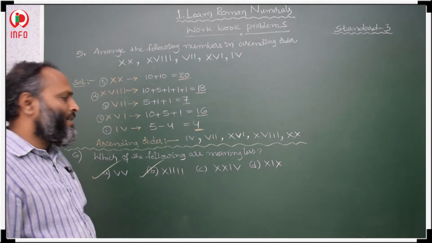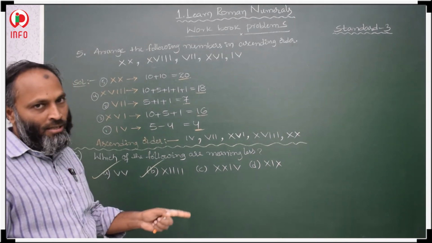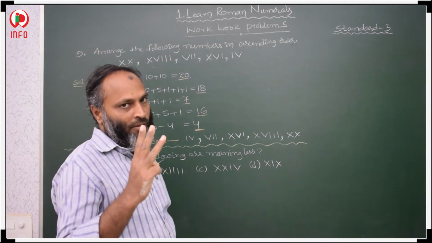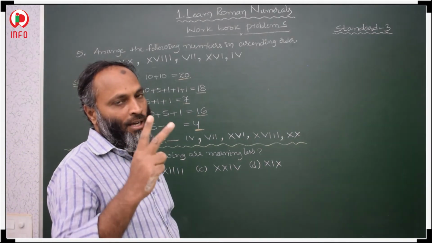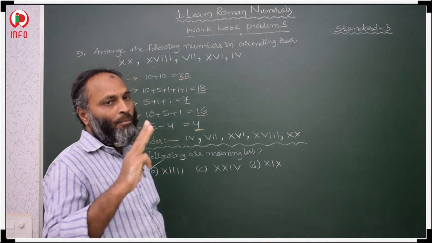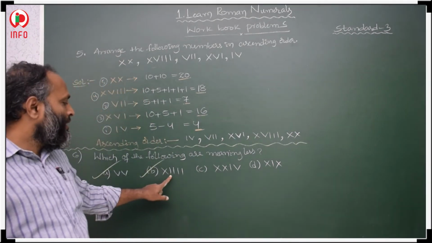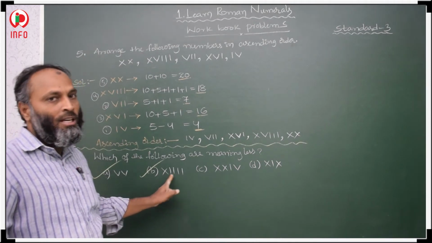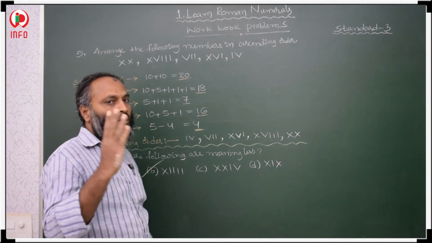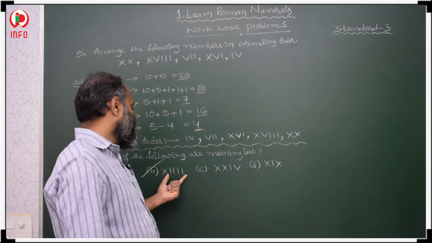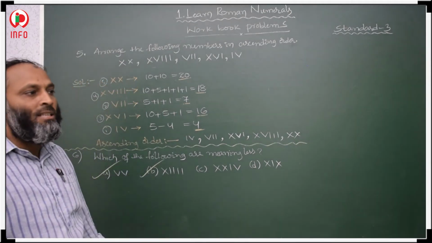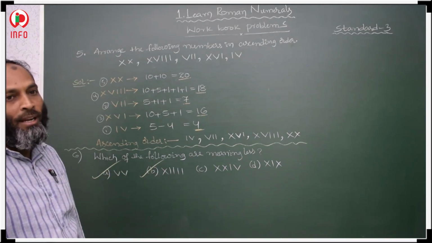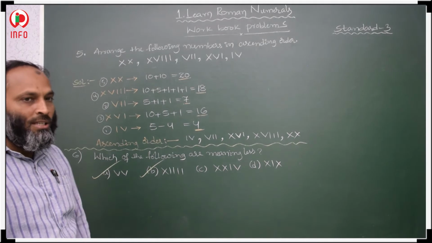Why are these 2 meaningless? Here 5 never repeats. 3 Roman numerals never repeat: 5, 50 and 500, that means V, L and D. They never repeat, and here they are repeating. In Roman numerals, a symbol repeats a maximum of 4 times, not more. Here 1 repeats 4 times, so that is why this is meaningless. This first one and this second one, these 2 are meaningless. Okay?